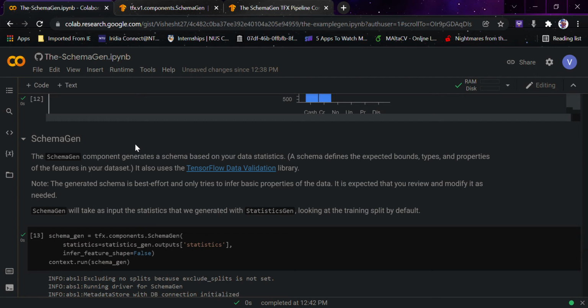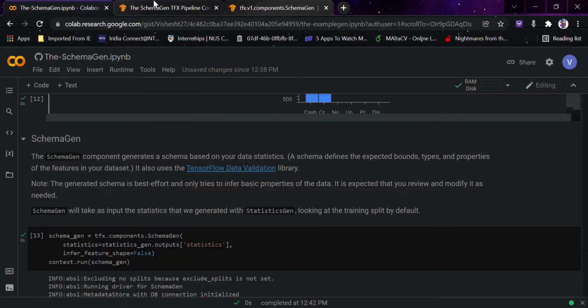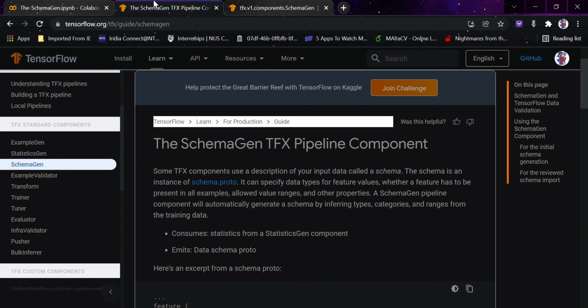Now coming to SchemaGen. I will directly take you to the website to make sure that you don't miss anything that I try to say. In the next video, once we come to ExampleValidator, I will make sure that I open, as usual, an interactive user interface. I usually use Jamboard by Google, and there I can show you the whole pipeline working. I was just waiting for SchemaGen to end, so that the pipeline is quite clear.